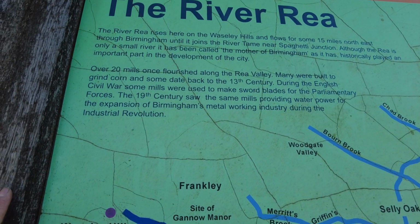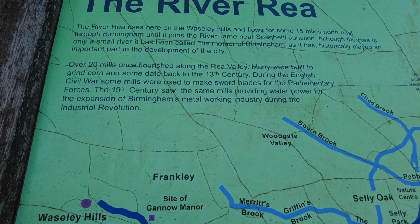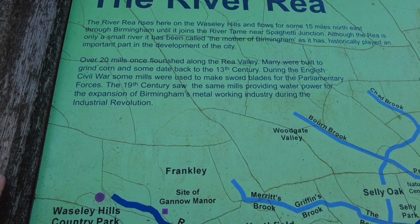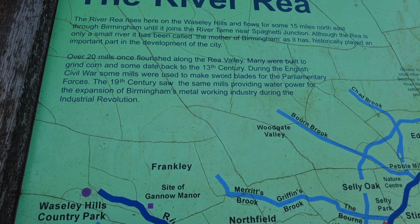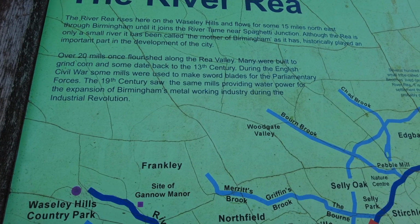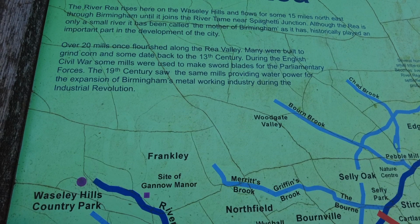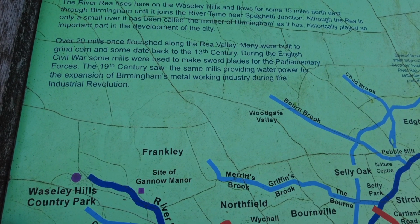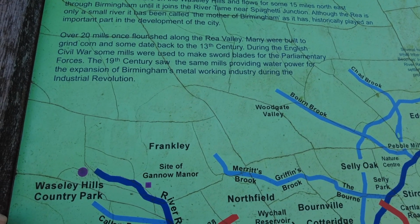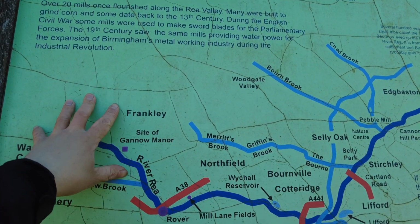Over 20 mills once flourished along the River Rea Valley. Many were built to grind corn and some date back to the 13th century. During the English Civil War, mills were used to make swords and blades for the parliamentary forces. The 19th century saw the same mills providing water for the expansion of Birmingham's metalworking industry during the Industrial Revolution. Well, I didn't know there was actually quite a bit of information behind there, but you can just see